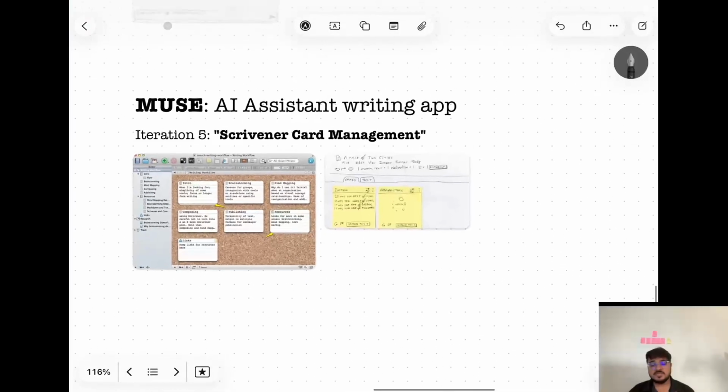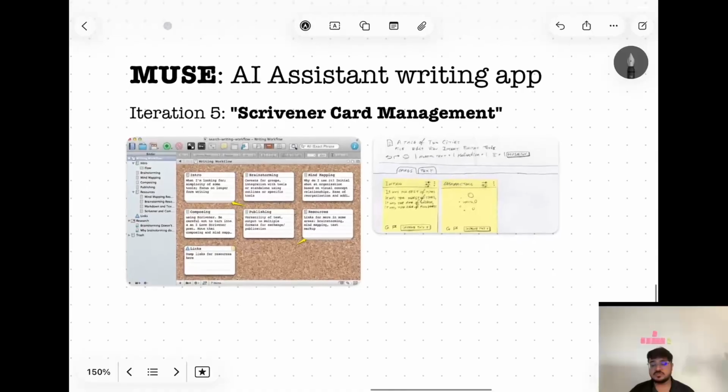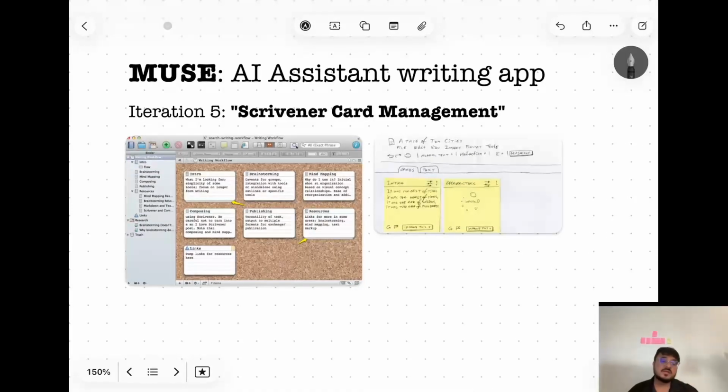Yeah, this was it. So it shows an AI assistant writing app, and how you can iterate in completely radical ways, in different directions. You don't have to repeat your ideas and show that you have done tens or twenty iterations, because most of these iterations will be on the same thinking. So you have to pause, and you have to take a different direction every time. Whenever you are iterating, especially in the AI world, the more you explore AI products, you will see